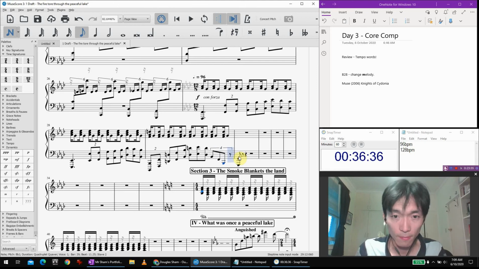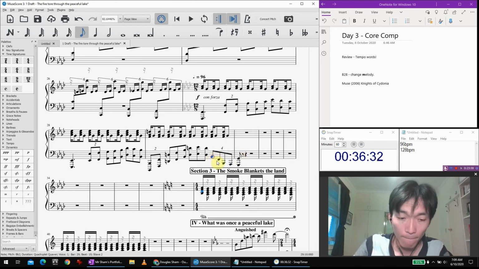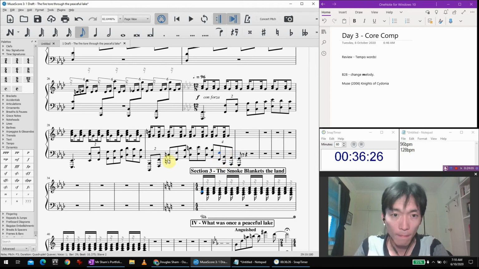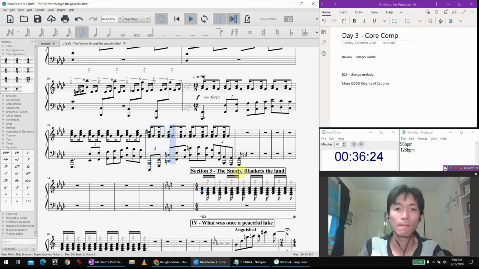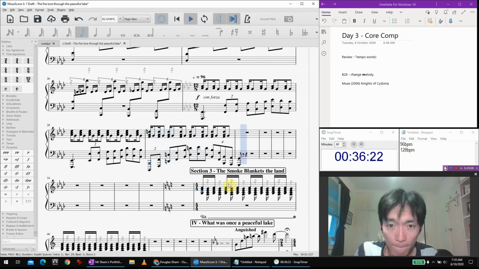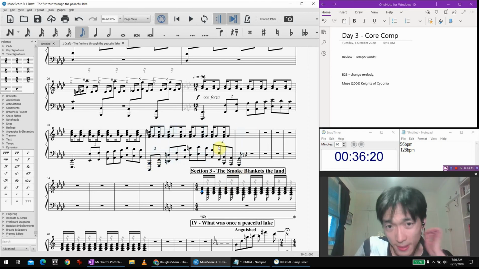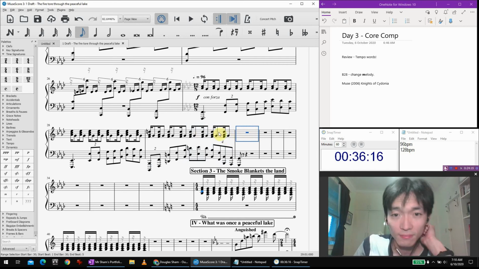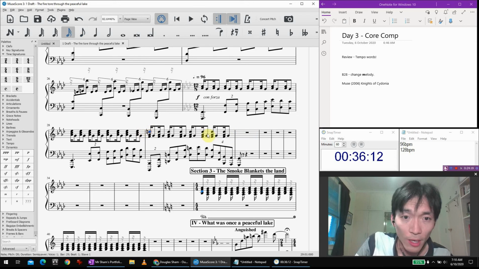B flat. A flat. There we go. That's cool. Okay, let's stick with this figure, but I wanna crank it up even more now.